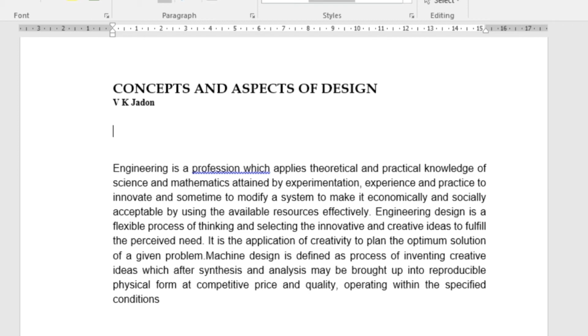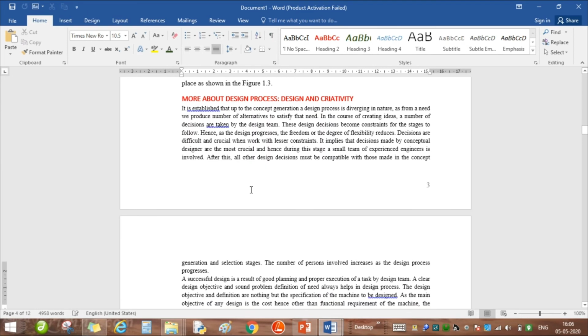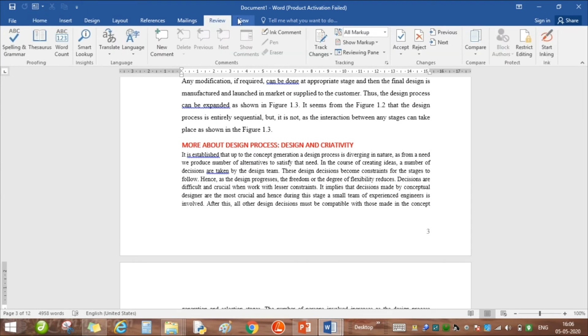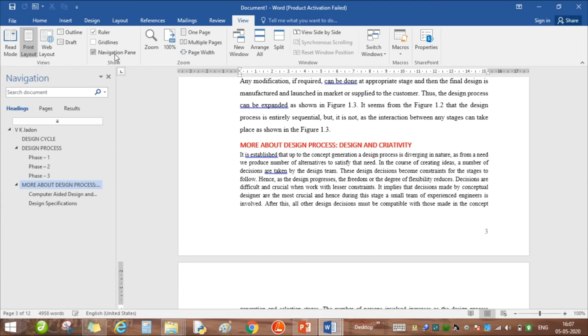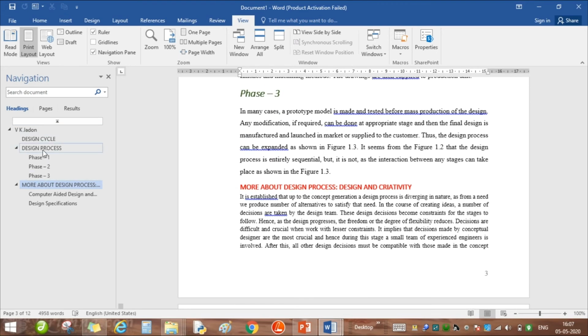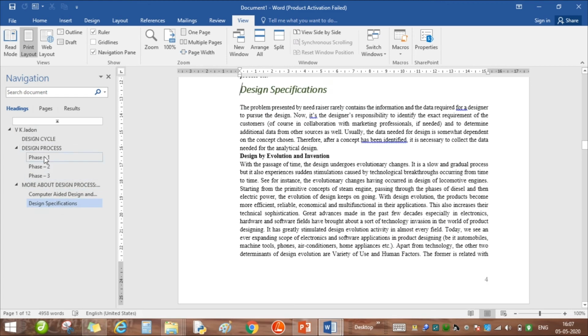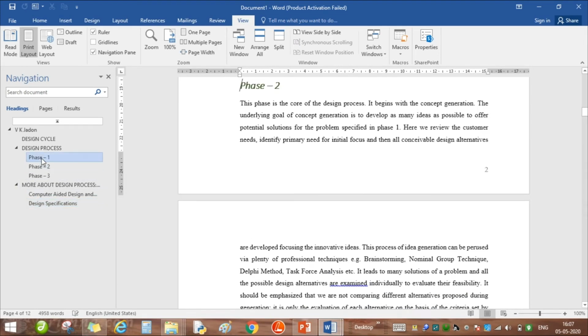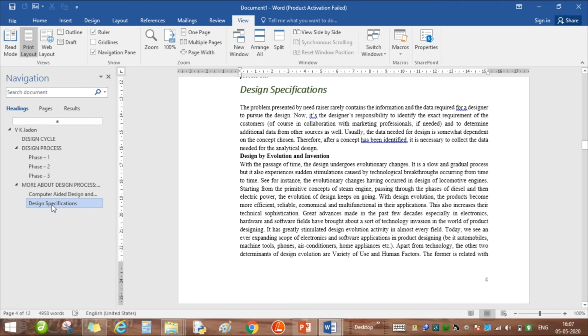The other advantage of style is that, let me go back to this document. Here we have some review. You go to View and let us go to Navigation Pane, and when we start with style, these styles will appear here. We can directly navigate through the document using this. We have not created this, so these are taken from the style that we have attached to our document. So this is very helpful in manipulating or navigating the document as well.